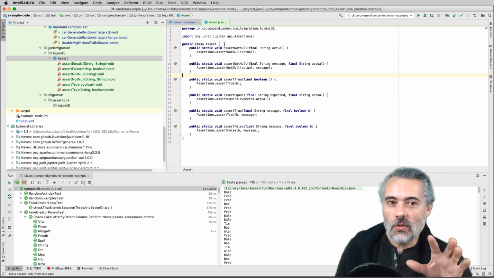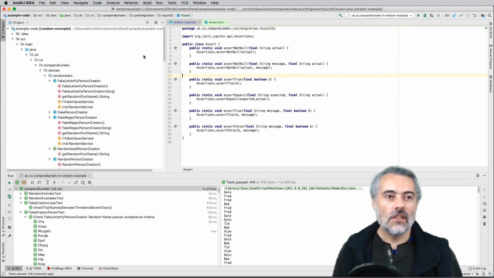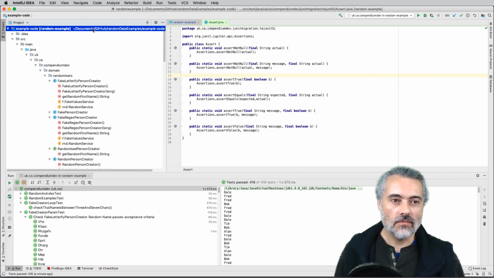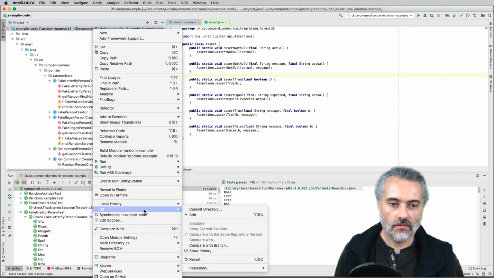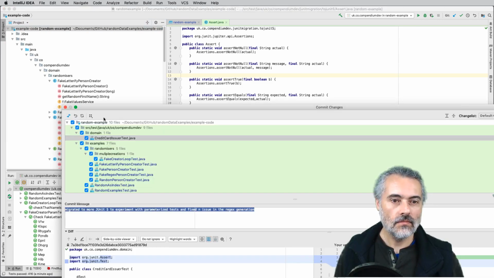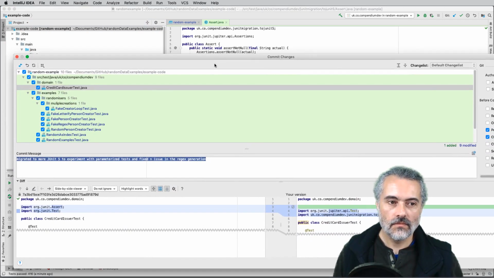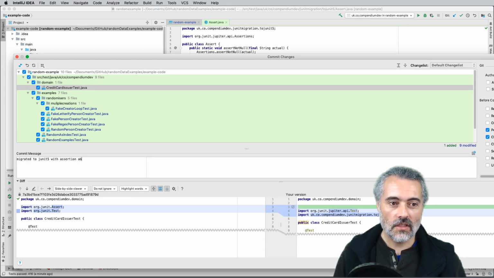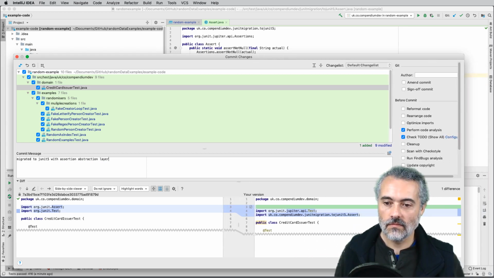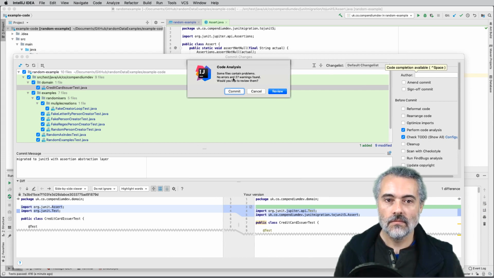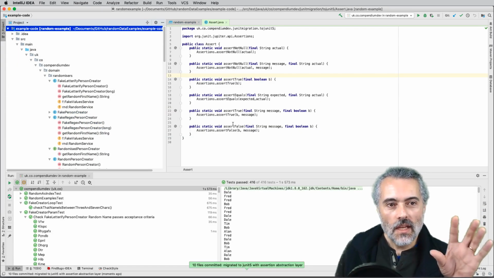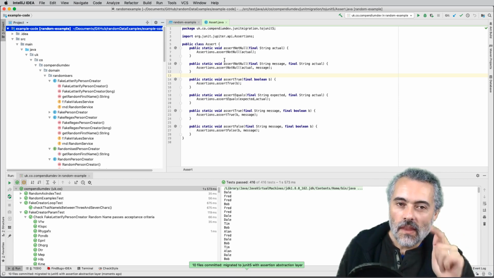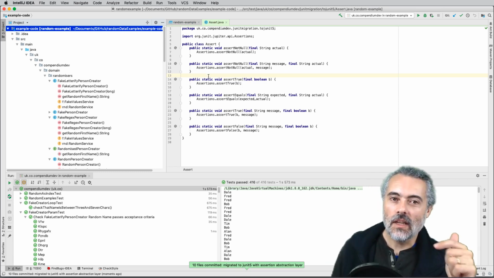Now, what I can do now, if I want to, let me just quickly check this in. Migrate to JUnit 5 with assertion abstraction there. Okay, so now I'm at the point where if I'm happy with the JUnit 5 assertions, what I can do